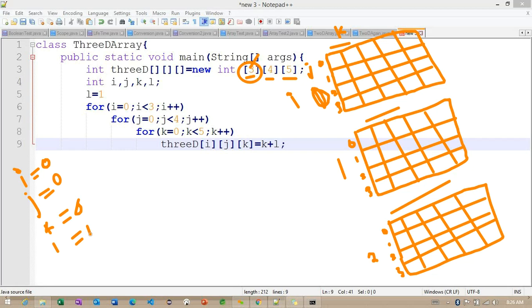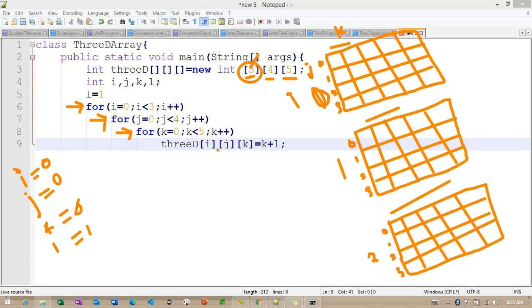Now observe here. This is important, we need to understand here, because this condition will satisfy for the first time. So this also will satisfy for the first time, and this also will satisfy the first time, because we are having zeros here. I, J, and K, we are having zeros. So directly we come back to the third loop here.